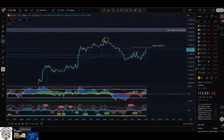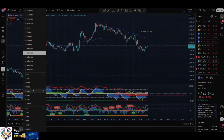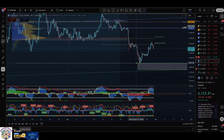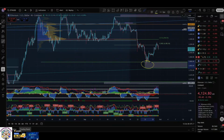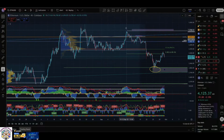Okay, all right, let's go into Ethereum real quick. Ethereum. Now, just like I just described earlier, Ethereum did come down to one of our major targets. You know, we had this box laid out, mapped out way ahead of time. Ethereum came down, hit this target. It was the 1.236. If we're looking at a larger ABC, or not ABC, but a complex correction, and we take that trend-based Fibonacci extension from the highs